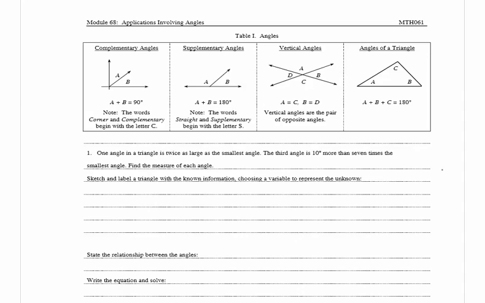In number one, it says, one angle in a triangle is twice as large as the smallest angle. The third angle is 10 degrees more than 7 times the smallest angle. Find the measure of each angle. The first thing they want us to do is sketch and label a triangle with known information, choosing a variable to represent the unknown. So we have a triangle,